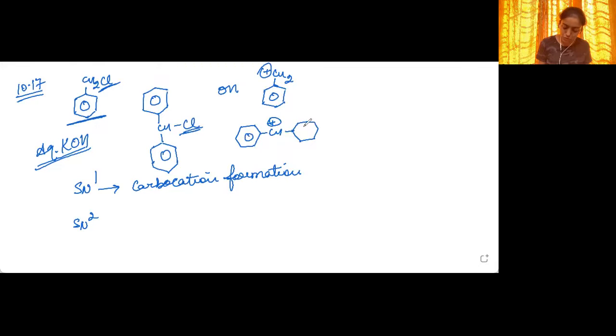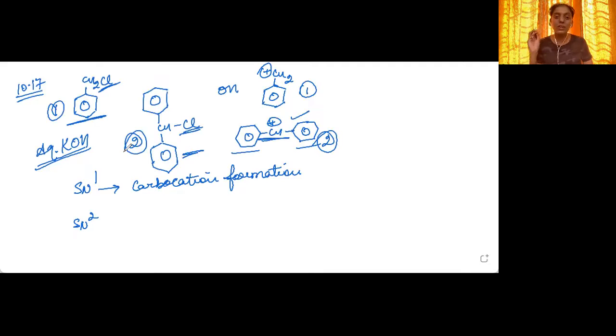Now out of the two, which one is more stable, first or second? It is the second one which is more stable, because the positive charge will be delocalized over two benzene rings, right? So this is more stable. Because the second molecule, this is molecule 1, this is molecule 2, is leading to the formation of a more stable carbocation intermediate, the reaction will be faster if SN1 mechanism is followed. So the reactivity of the second molecule will be more than the first molecule in case of SN1 mechanism.